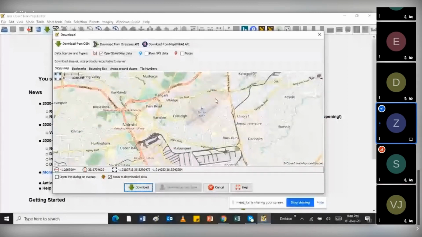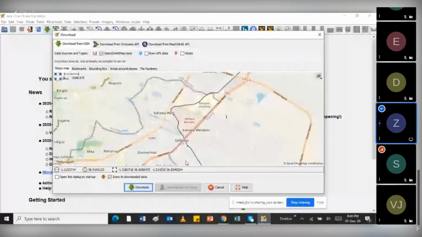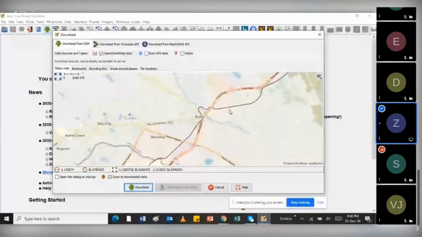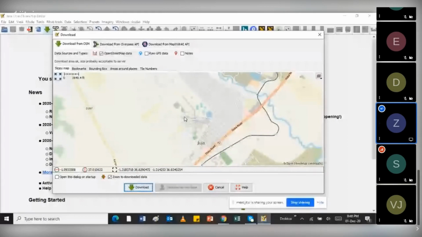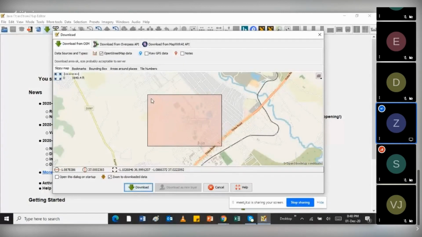You'll see here this is a base map for OpenStreetMap. I was demonstrating using jQuat, so you just scroll to jQuat. Zoom into jQuat.